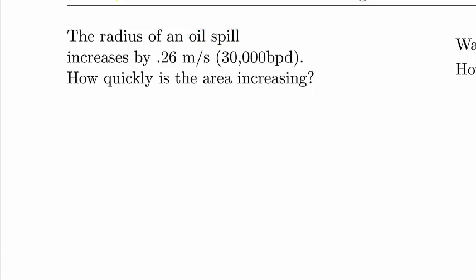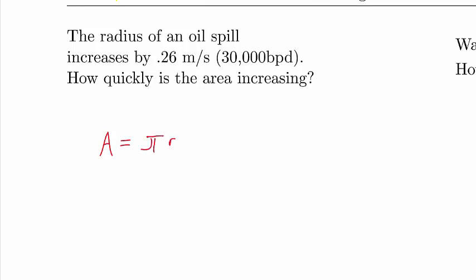And this oil spill, the radius of this oil spill is increasing by 0.26 meters per second. That's the equivalent of 30,000 barrels per day. And so we want to know how quickly is the area increasing. We know how quickly the radius is increasing, but we need to know how quickly the area is increasing. And so first thing we need to do is spell out the equation that relates radius and area together. And of course, that equation is area equals